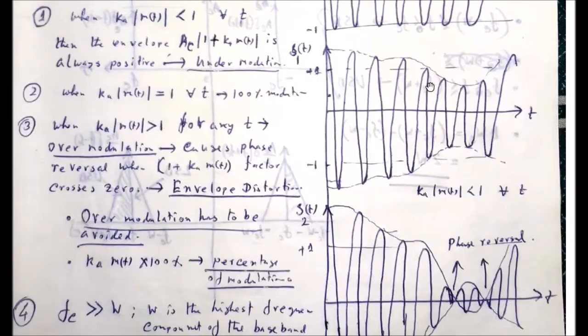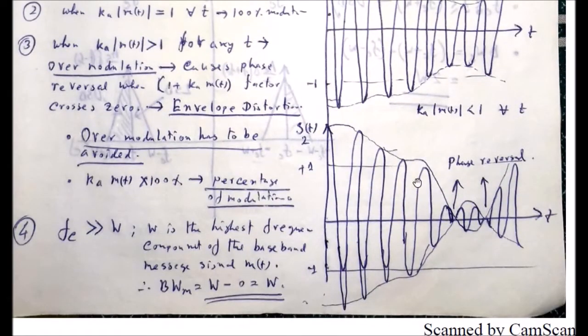Now if somehow this occurs, that means some phase reversal occurs for each of the envelopes, then what will happen? The positive envelope is now becoming this kind. That means in between the phase reversal points, the nature of the envelope is changing. It's reversing. Okay, that's why now you cannot say that the positive envelope of this particular waveform is carrying the message. Here it is a distortion. Again, if you consider the negative envelope, again here it is a distortion.